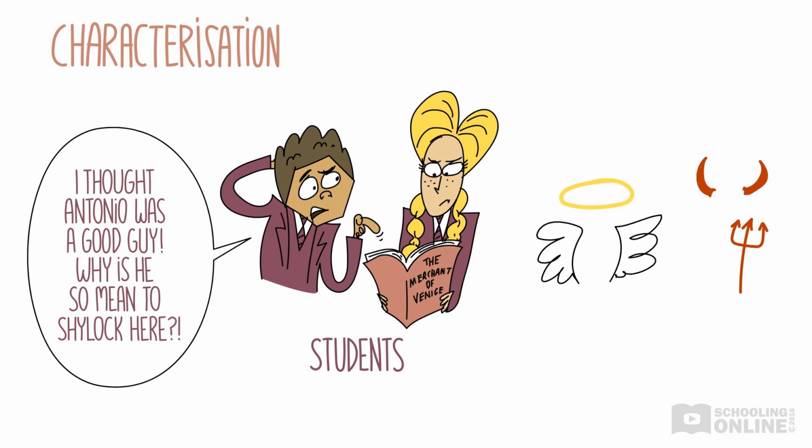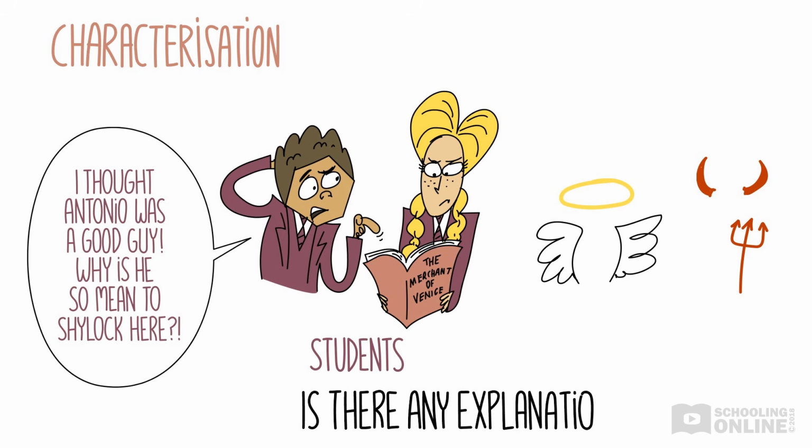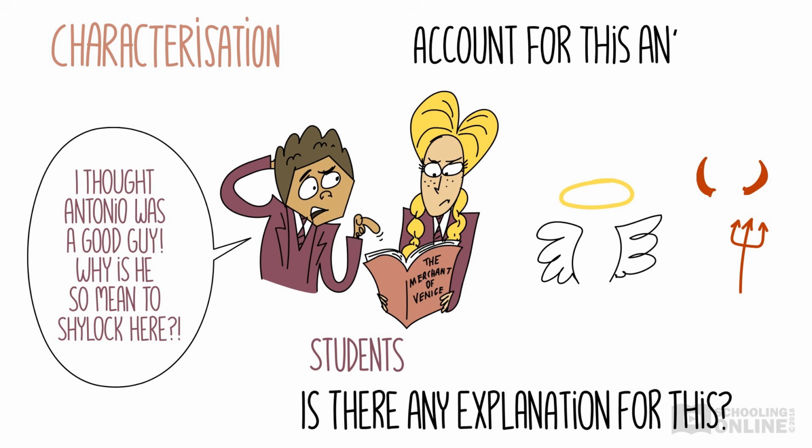Did a particular situation trigger this? How does the character explain this anomaly within their identity? Does it change who they are? These aren't easy questions, but when you tackle them, your teacher will appreciate your insight.